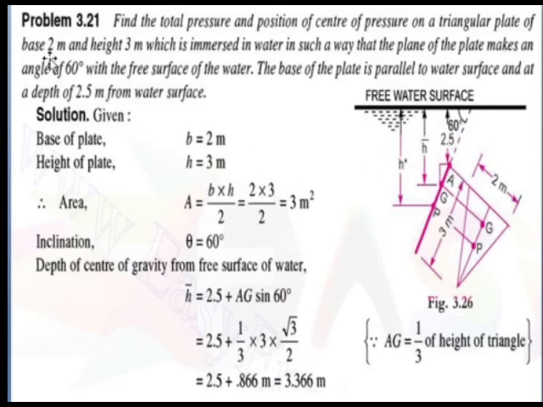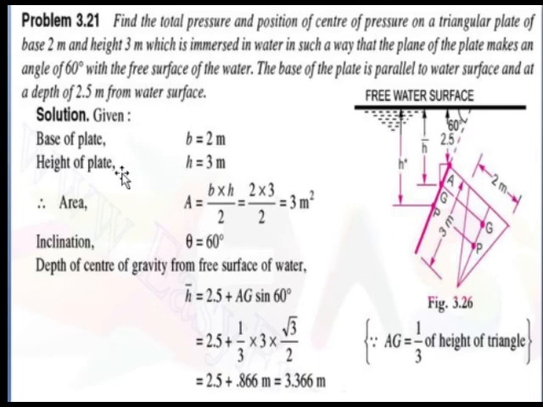The base of the plate is 2 meter, so this 2 meter side is parallel to the water surface, and the angle here is 60 degree. Then we will go for the